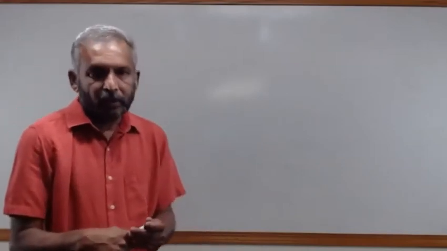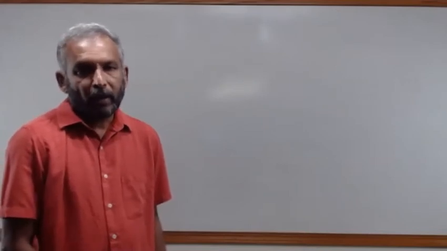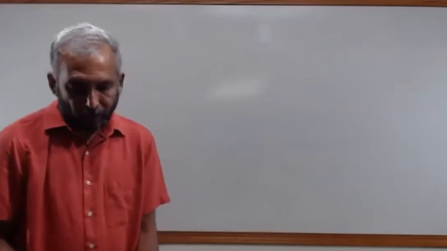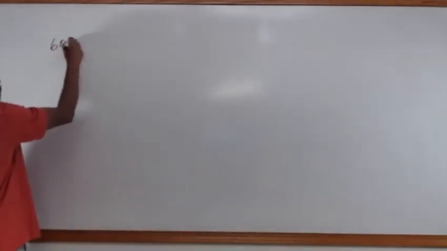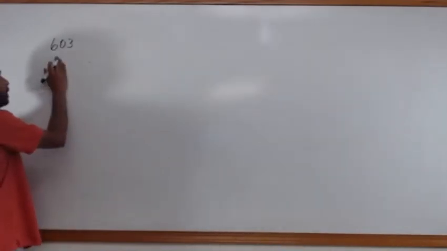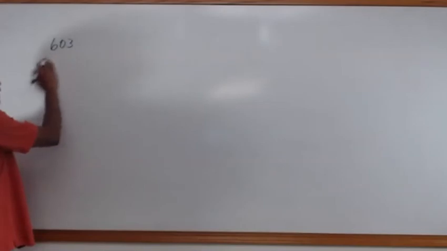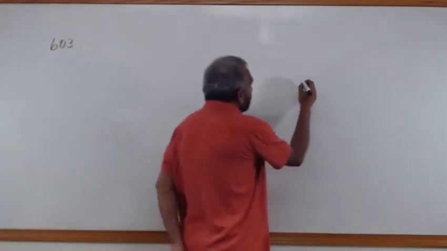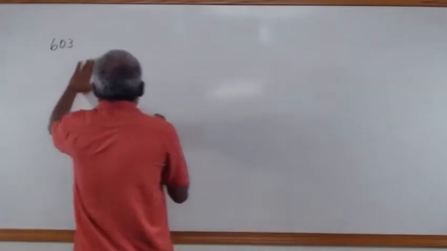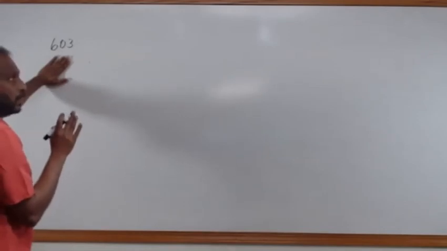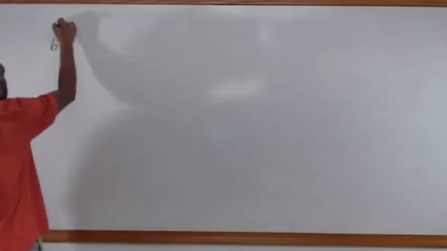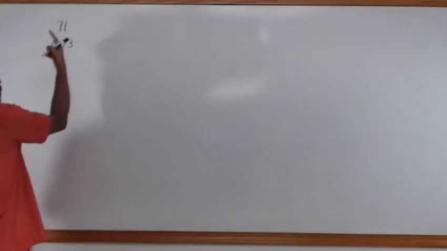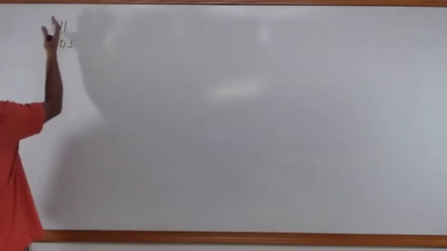So our next question is, if you are given a number, can we find if there exists a finite field of that order? For example, let's say 603. Do we have a finite field which has got 603 elements? So the first thing we need to do is factorize this if we can. If we cannot factorize it, then it's a prime number. Definitely there is a finite field of that order. For example, if you take 71, 71 cannot be factorized at all. There is no number that goes inside. So 71 is a prime number,